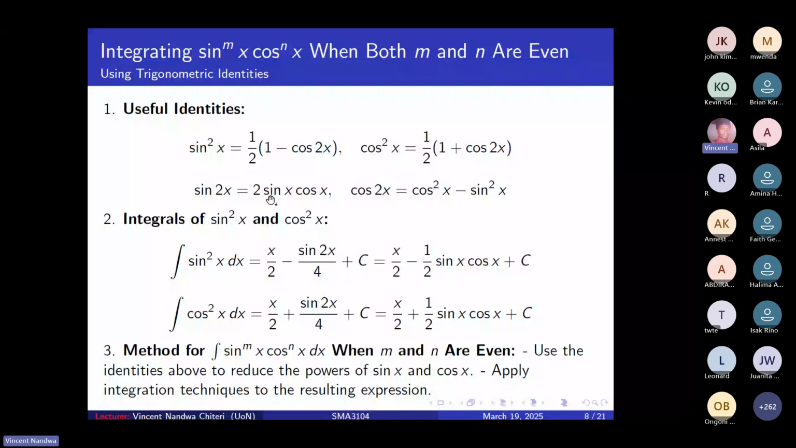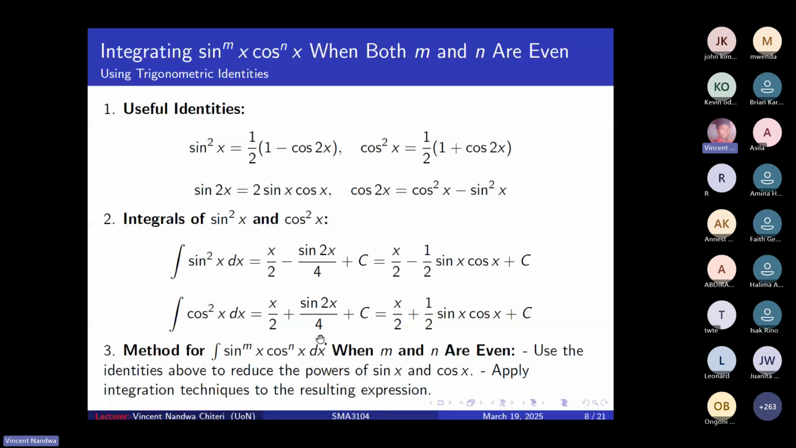And also in a similar way, you should be able to say that if you use this expression for cos squared, then the integral of cos squared x dx will be the same as the integral of 1/2 into 1 plus cos 2x, which will give you this expression. And then you can reduce sine 2x in terms of sine and cosine,